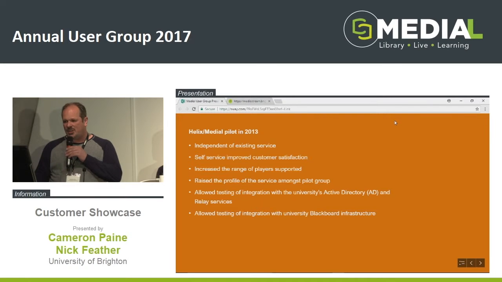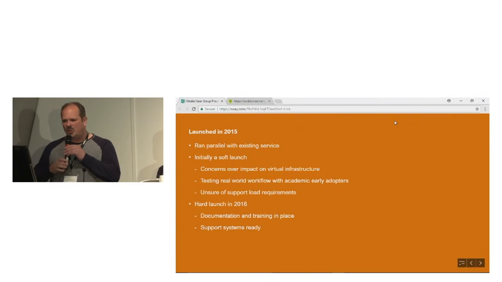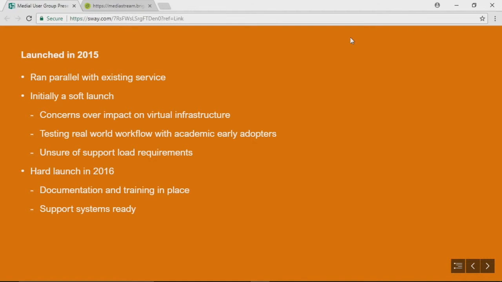So the pilots ticked all those boxes. And so in 2015, we obviously weren't in a huge hurry, we ran it as a proper service. It was a soft launch, still running parallel with the existing service. And the reason we went for a soft launch was we weren't quite sure what kind of impact it was going to have. We had a virtual machine infrastructure which we were running, and we weren't sure whether or not